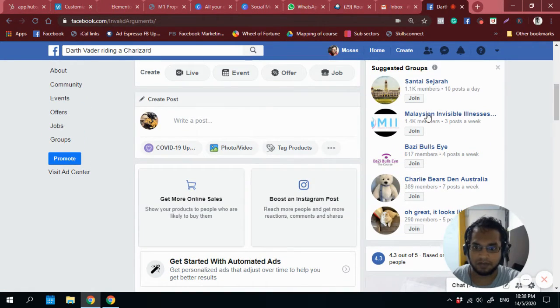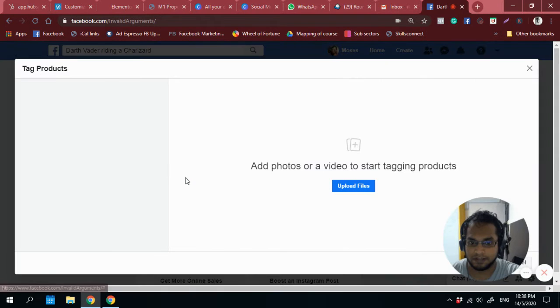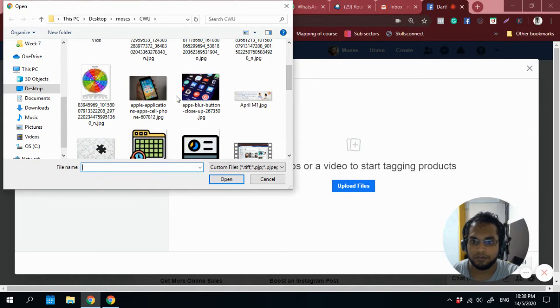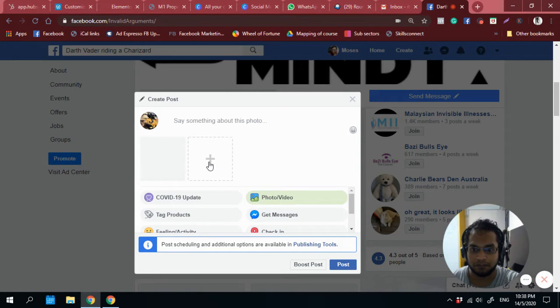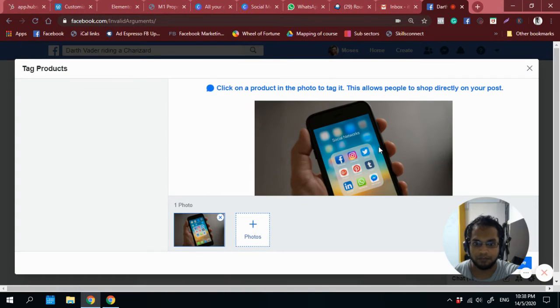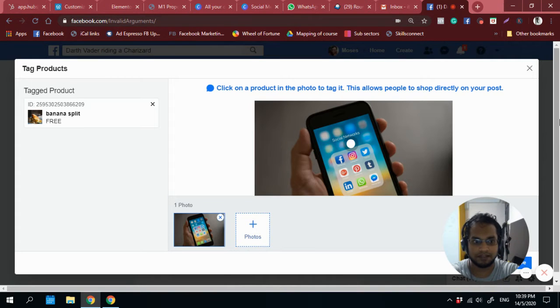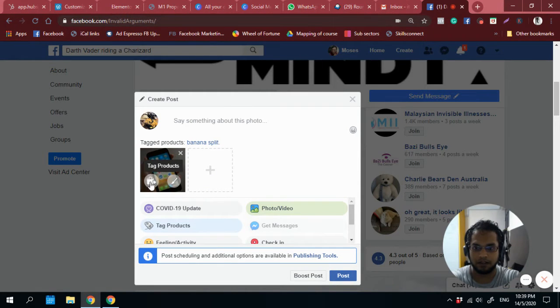You can also interact with your clients with products if you already have a shop. So what you do is, again, upload the photo. You can upload multiple photos. And in that photo, you tag the product. So you click on the photo, and you must already have a product set up in your shop. Again, if you're not sure how to set this up, check out my other video on how to create a page. In that video, I go step by step on how to create a page and how to set up a shop. Okay, so you've done this. Save it. And so when you post it,